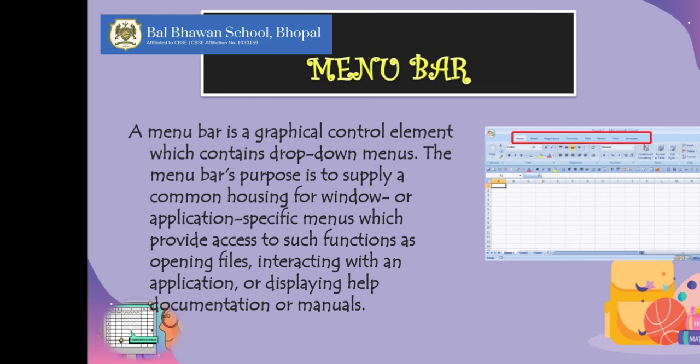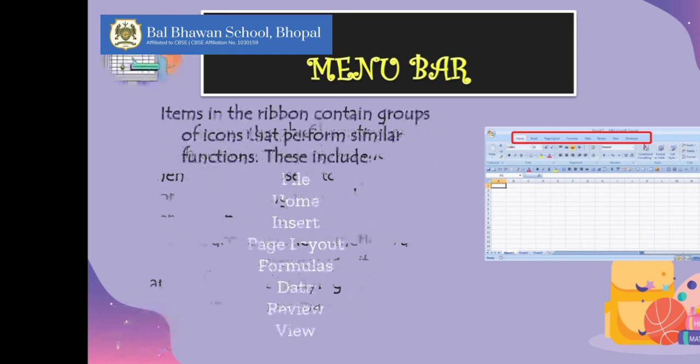The menu bar's purpose is to supply a common housing for window or application-specific menus which provide access to such functions as opening a file, interacting with an application, formatting an application, or displaying help documentation or manuals. Following are the icons or items available on the menu bar, that is File, Home tab, Insert tab, Page layout, Formulas,